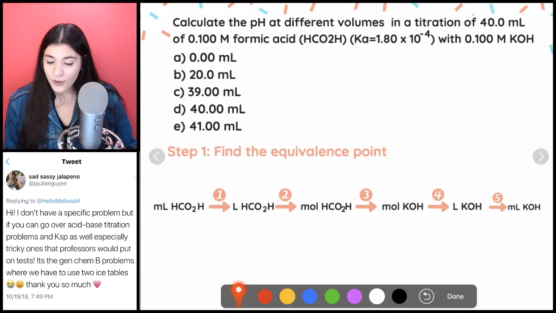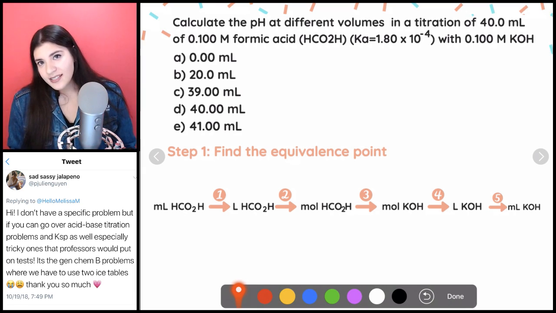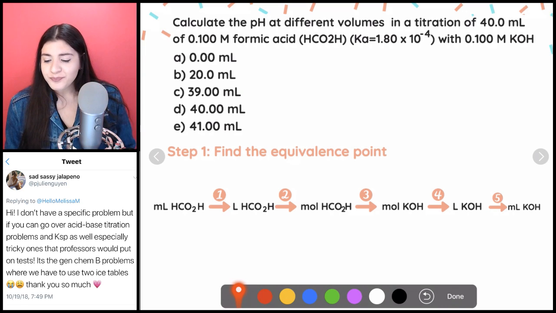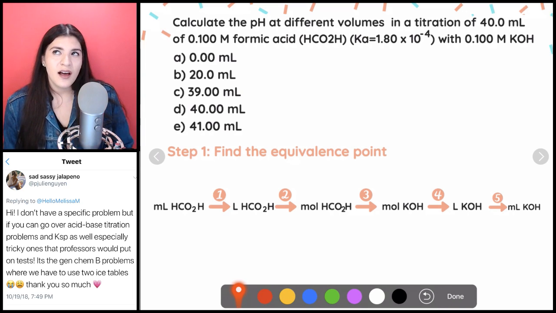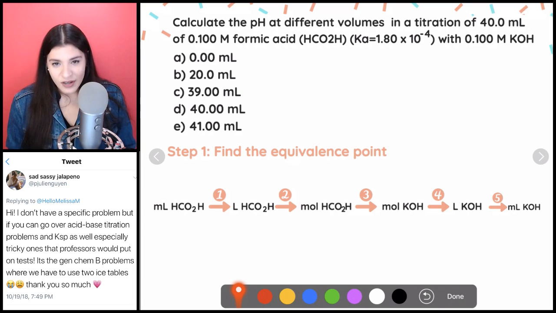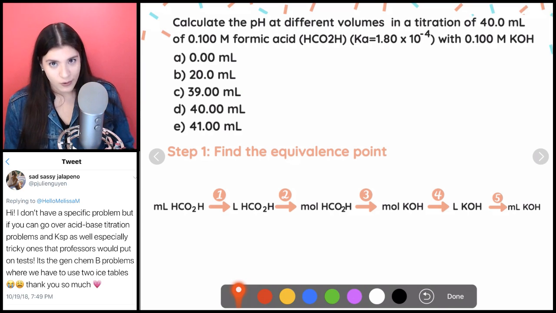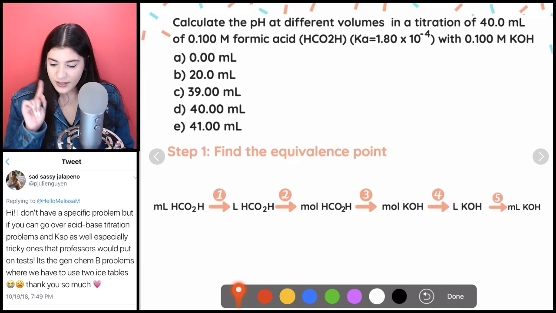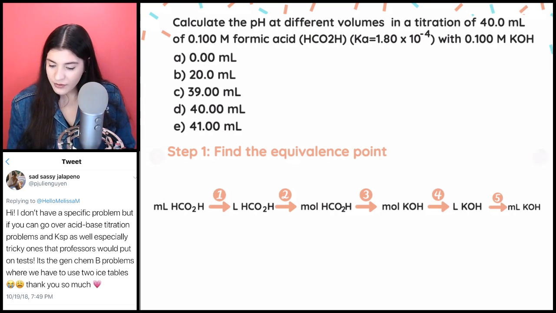Okay, so there's new things that we have to do here. Now, the first thing, of course, we're going to have to find is the equivalence point, because that's always going to help us know what steps I have to take. So with a weak acid and strong base question, you will have to use something known as an ICE table, as well as a before, change, and after table, a BCA table. I'll explain what all this means, but this question does take longer, so beware of that.